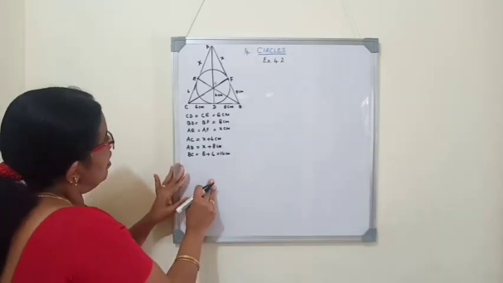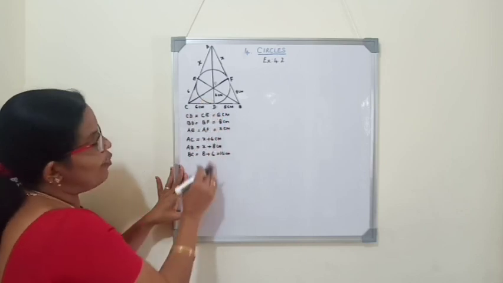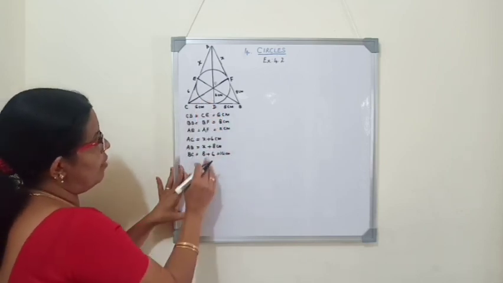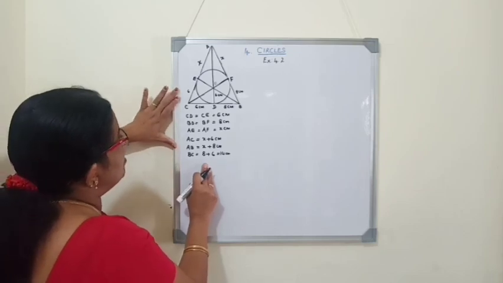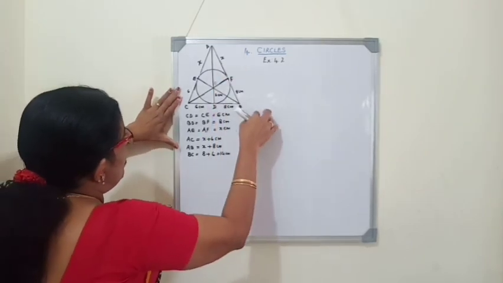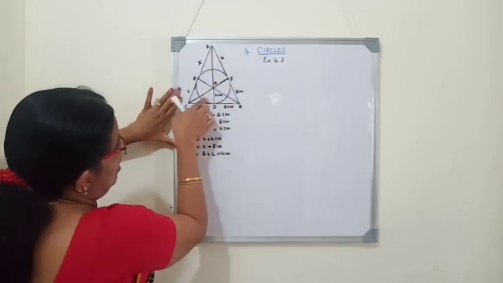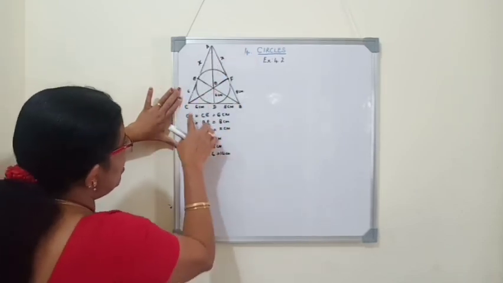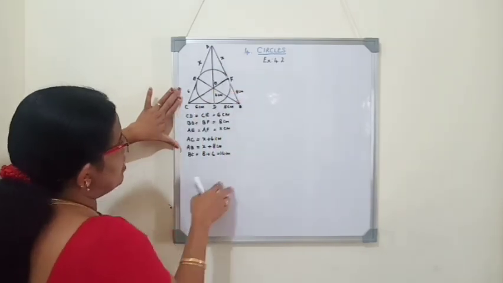Now, here it's a lengthy sum. We have to find out the sides, means in two different ways we will find the area of triangle ABC and we will compare the areas. For that, first we will consider, see here, O is the center of the circle. AOC is a triangle. BOC is another triangle. And AOB is the third triangle.